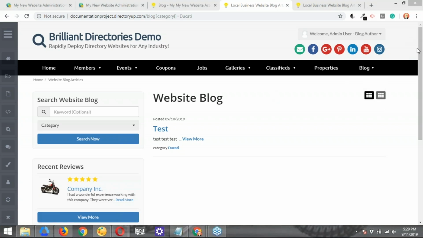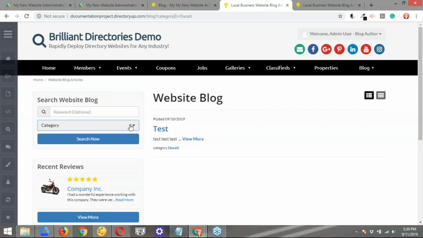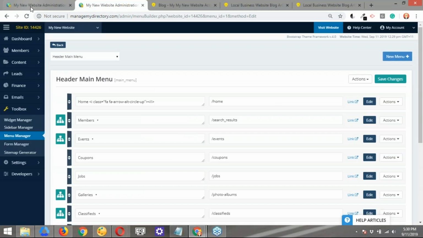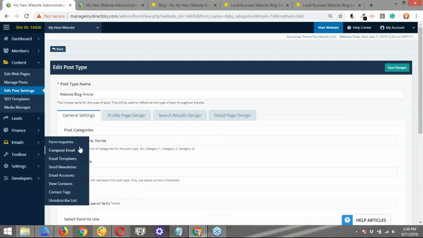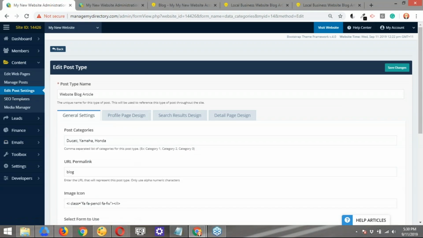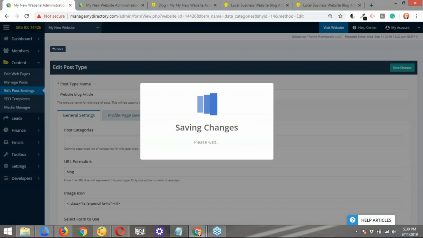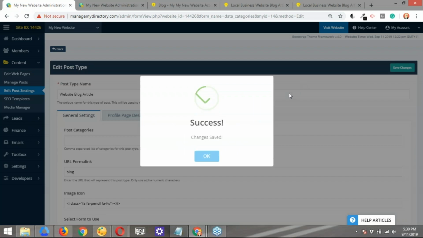So Rick, we have a couple questions here. John is asking, what if you're not using categories? Will it always show a drop down on the side there if you're not? Because if there's no categories to search, how do you get rid of that drop down? So that's a great question. And let's go ahead and show you guys how easy it is. So these were the categories that we added, right? Remember, we went to edit post settings, we added the website blog feature. If you want to get rid of that drop down, simply go there and get rid of those categories. So if you delete those, you save the changes, then the system will automatically hide the categories drop down from the front end.